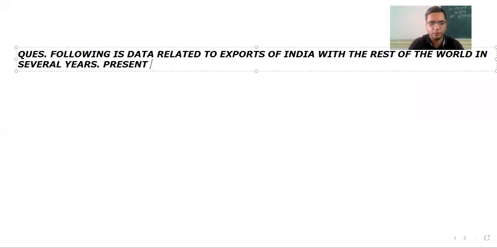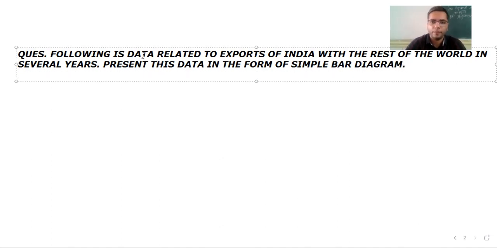Present this data in the form of simple bar diagram. All right, simple bar diagram.